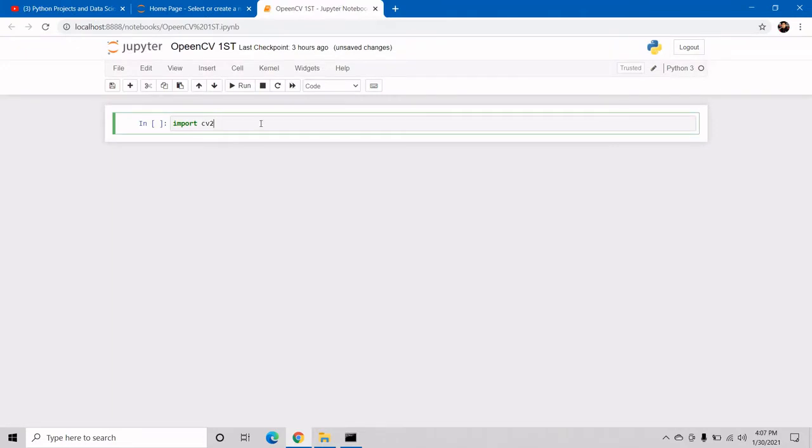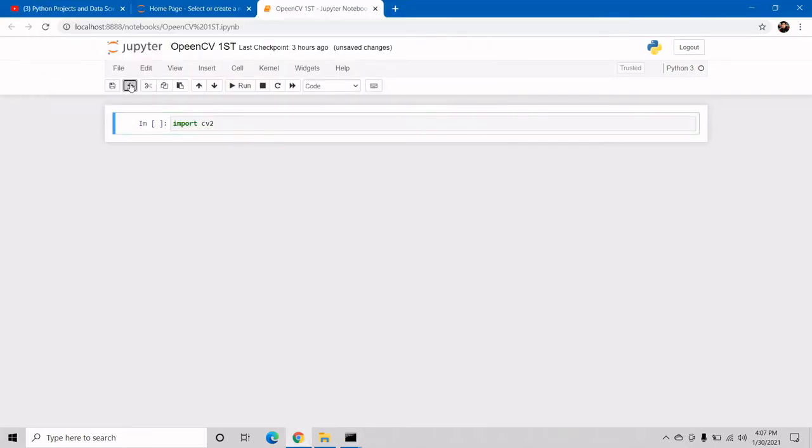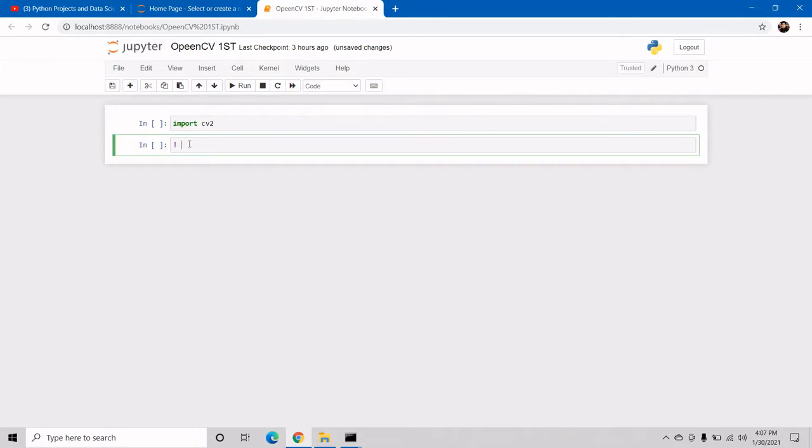Now for that, first we have to install OpenCV. For that we have a command: pip install opencv-python. In this Jupyter notebook also you can install it by using pip install opencv-python.